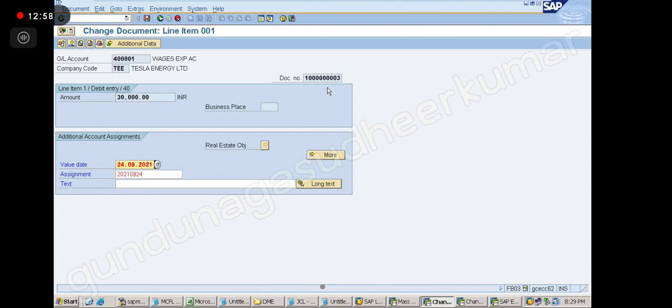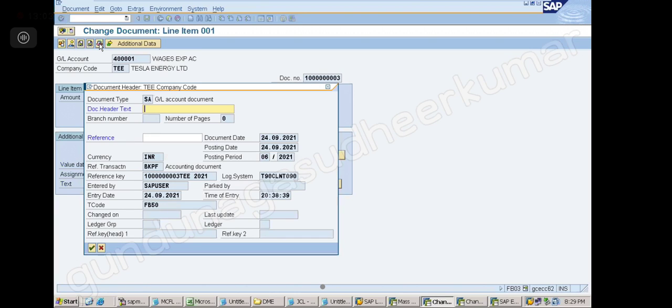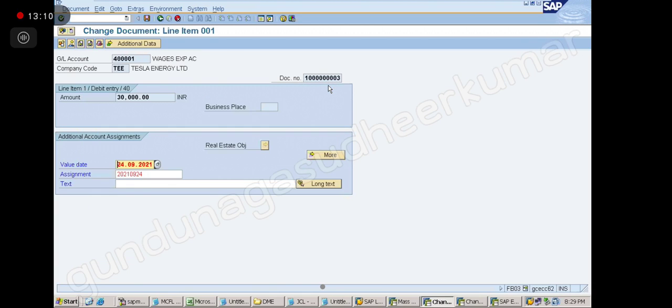Sir, how did you get this screen? Header, the header button. Okay. What is that assignment number? Assignment number is nothing but your sort key, right? You are selecting a sort key date wise, 001, date wise. The sort key you are giving for this account. Below in the line item display, it is date wise, you see the date in the reverse format. So this is used to sort and show the line items, basically. It is the order in which the line items have to be shown.